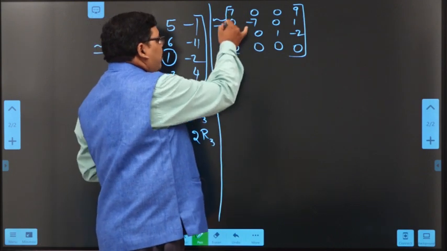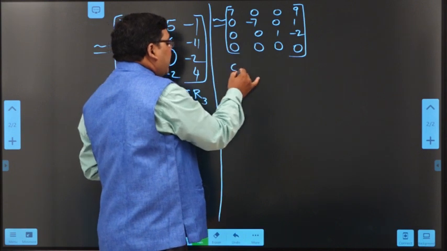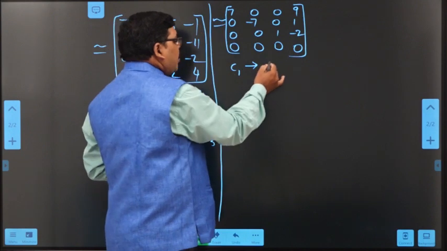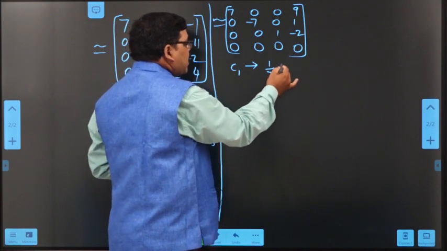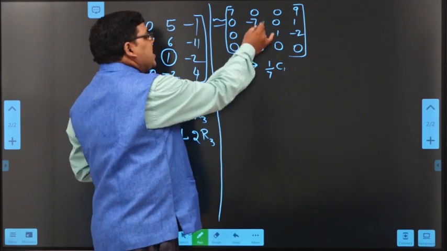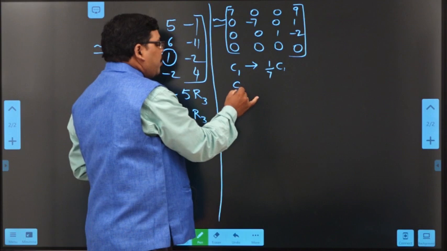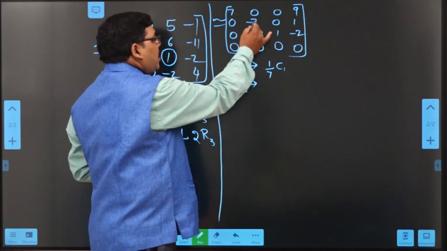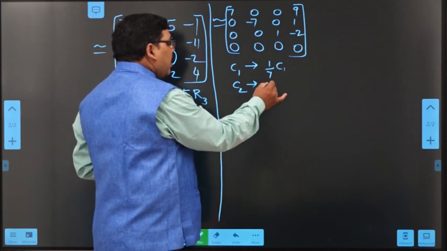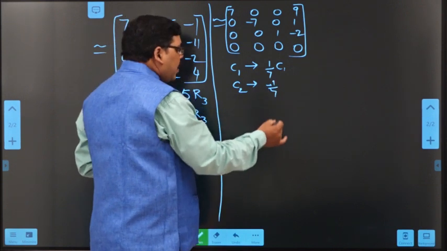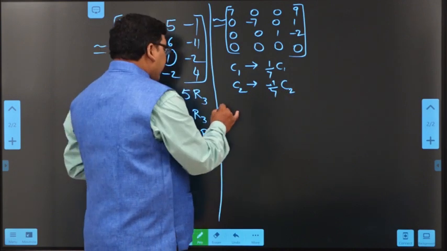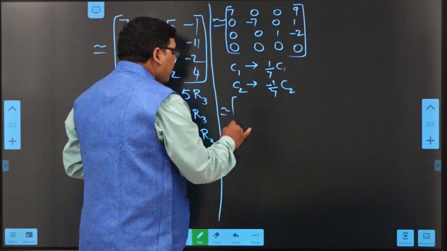This is the first column, C1. I want 1 here, so 1 by 7, C1. Similarly, this is the second column, C2, and here I want 1, but there is minus 7. So I am multiplying minus 1 by 7 into C2. So when I apply these two, I will get,